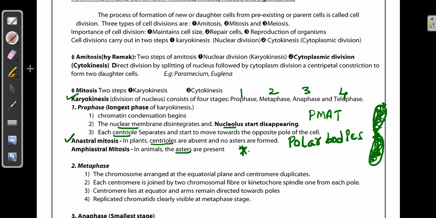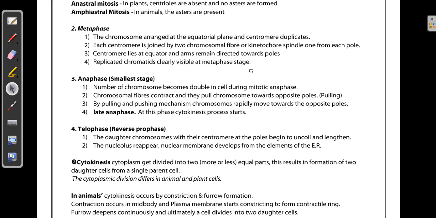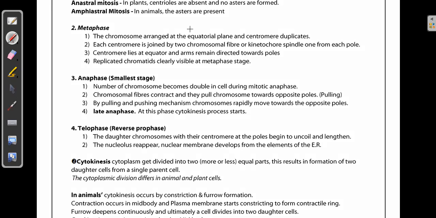The metaphase is the second step. Whatever connectivities were produced, these are going to move further. In metaphase, the major change is that the chromosomes are arranged at the equatorial plane. All the chromosomes will come and lay at the central portion of the cell, and then the centrosomes will be joined. So this is the exact time where the centrosomes will be attached by spindles. So spindles are nothing but small thread-like structures.